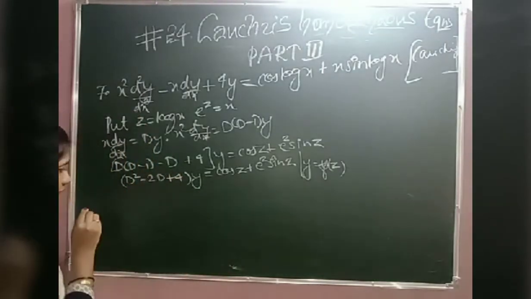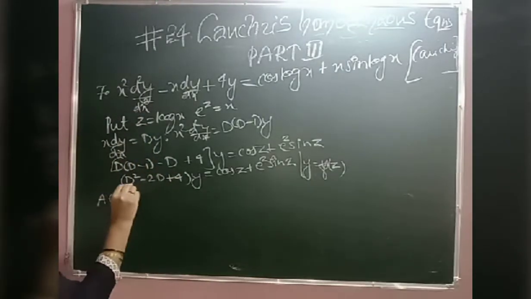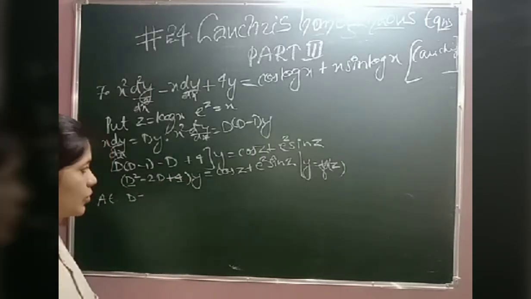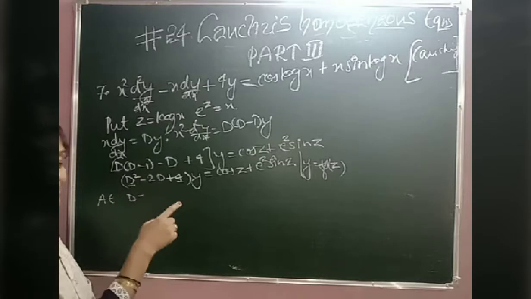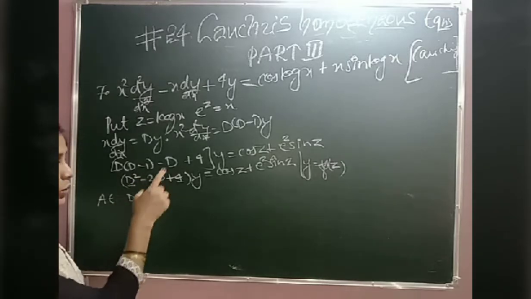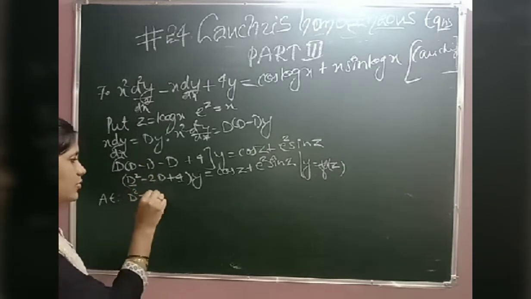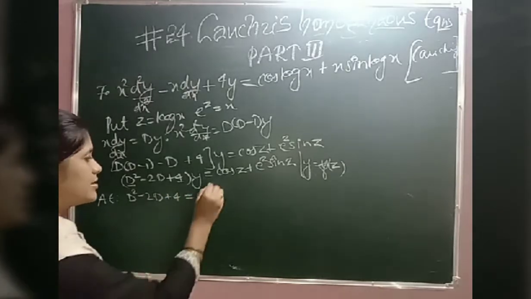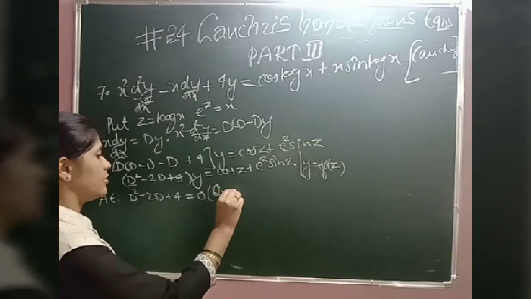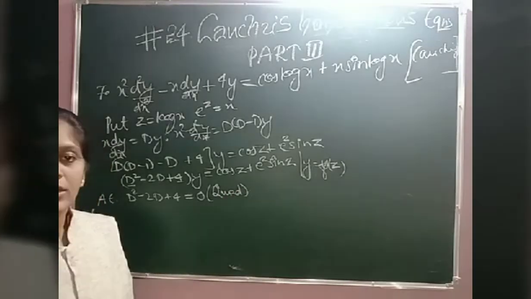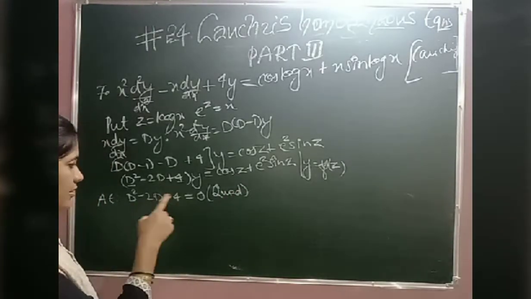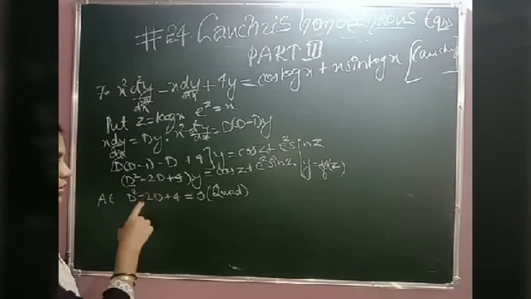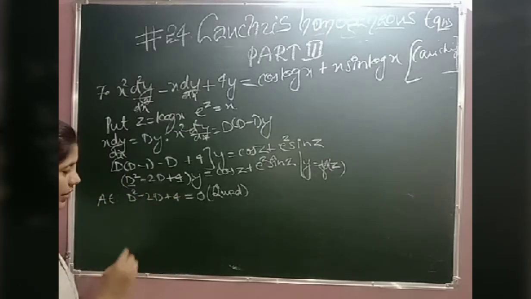So considering the auxiliary equation, what is the auxiliary equation? Can we write it as D minus 2 whole square? No, it should have been 2ab, 2 to the 4D. So this can be written as D square minus 2D plus 4 equal to 0. So this is a quadratic equation which cannot be solved by factor method, right? Multiplication plus 4, addition minus 2. So let us do it by the discriminant method.